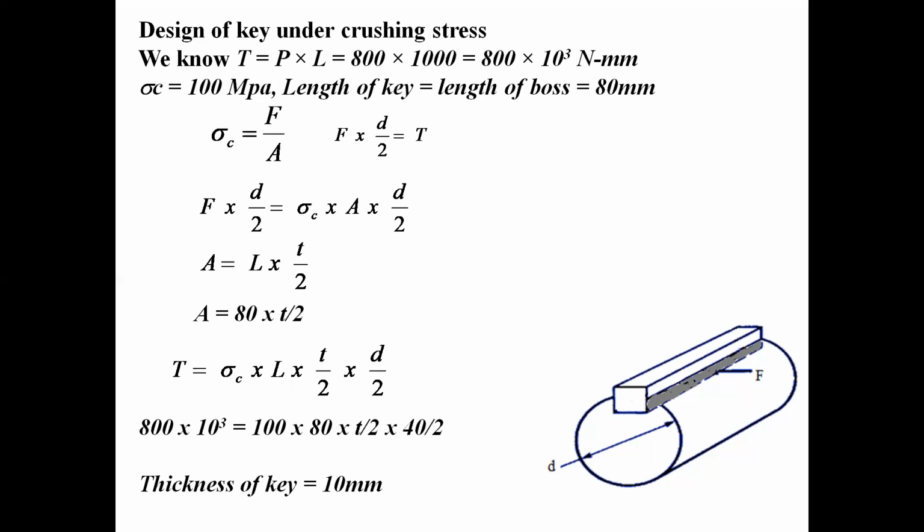Here in this problem, we have first designed the diameter of the shaft. From that, we can get the length of the boss and thickness of the boss. After that, the cross section of the arm of the lever, which is rectangular in section, we find by using bending stress. After that, the key also we have designed by considering shear and crushing stress. So this completes a very simple problem based on the hand lever, which is subjected to force at one point. So this completes our simple numerical of hand lever.